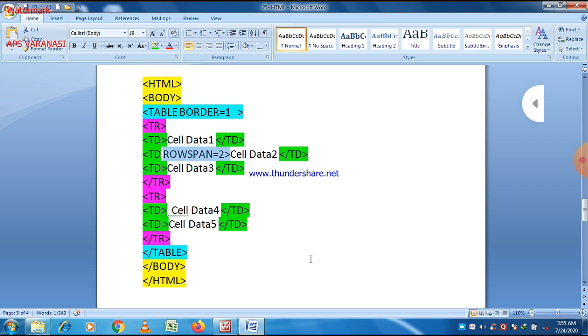And as we use rowspan equal to 2 here, two cell values regarding the rows are merged using rowspan equal to 2.